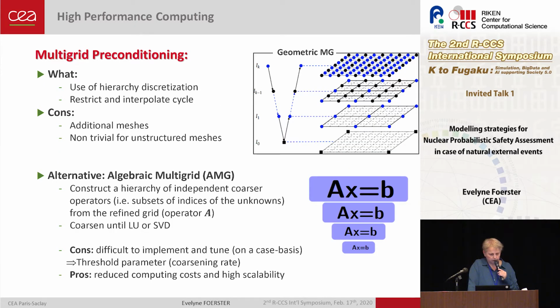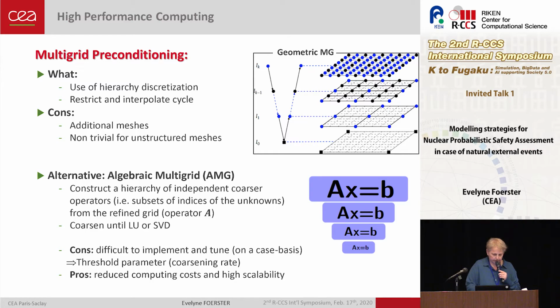So what we are using is the alternative way of using multi-grid preconditioning, which is the algebraic multi-grid preconditioning, because it's quite well suited when you have unstructured meshing, and you're not obliged to have additional meshes all the time to